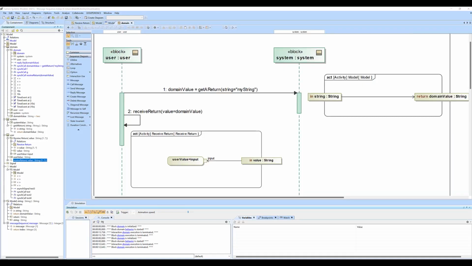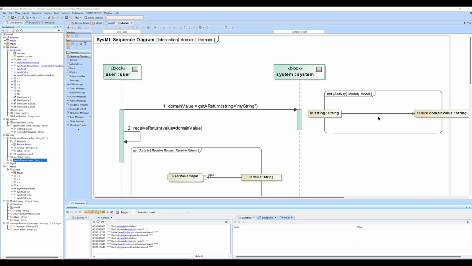Hi, good morning everyone. This video is going to be a continuation of the last two videos where we were talking about operations and signal receptions, and also this ties in with the message sequence numbering and how you can query the values of which order your operations or your message calls are and actually pull that into a table